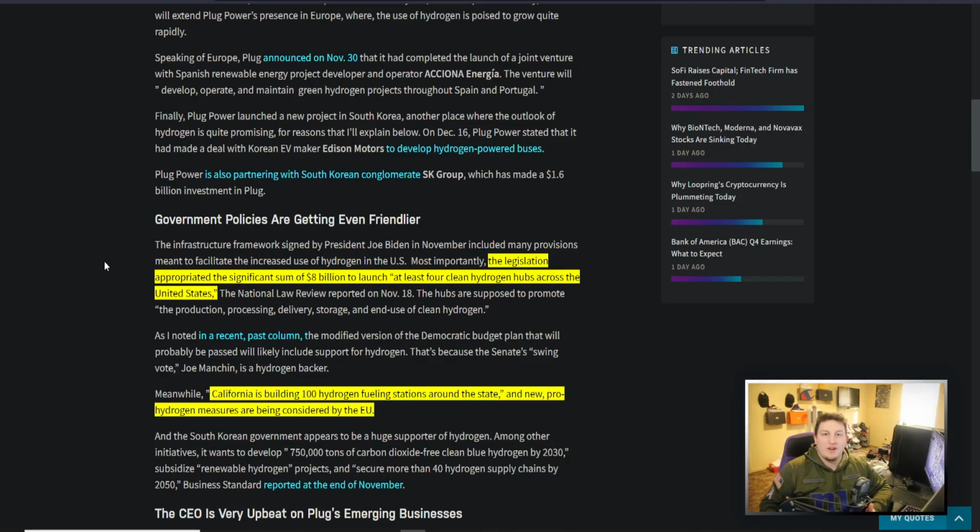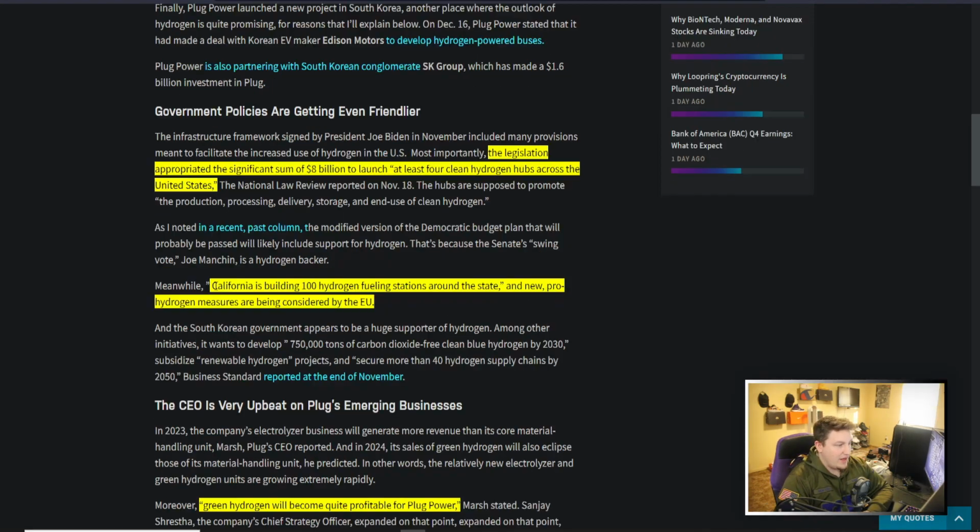Doesn't matter if you agree with it or not. There's steps going to happen with it. Plug stands the best chance to benefit from that. Even California itself is building 100 hydrogen fueling stations in the state, and new pro-hydrogen measures are being considered by